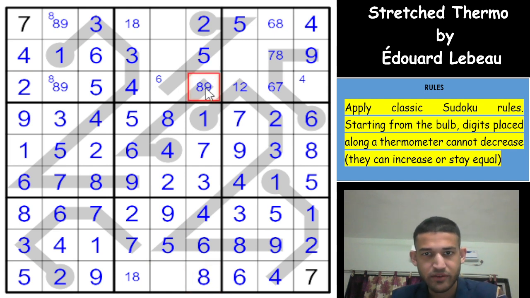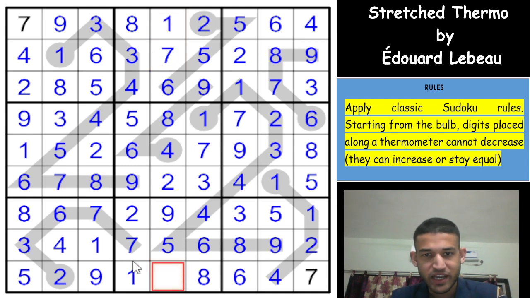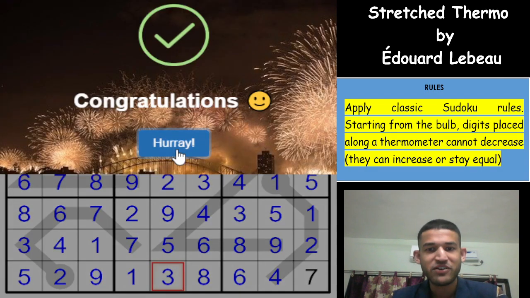So this is 9 and this is 8 and this is 9. This 8 gives me a 1 here, 8 here. This is 6, 7, 8. 2 is in here, so this is 1, and we can complete the last few digits in the grid, right? 1, 3, 7, 9, 2, 4, 5, 6 and 8, and this would be 1 and 7. So that's a 7, that's a 1, and the final digit must be a 3, and we have completed the